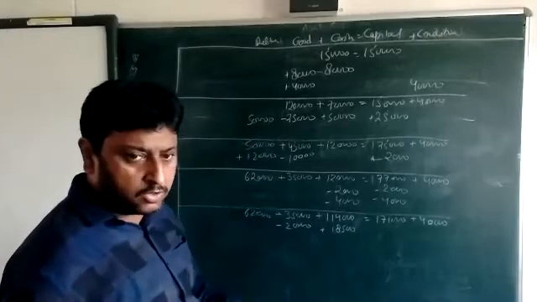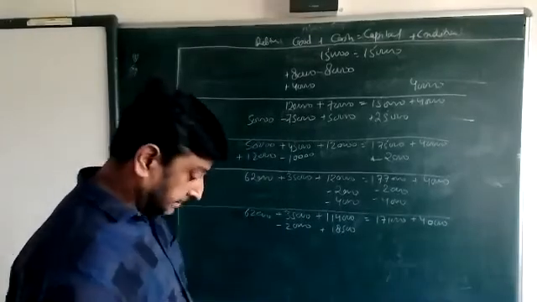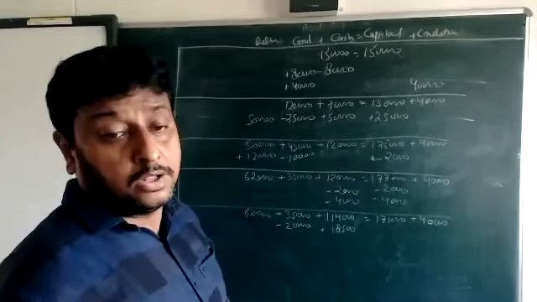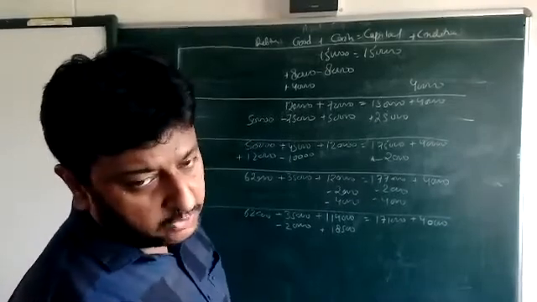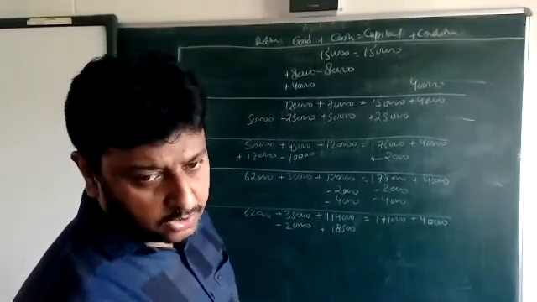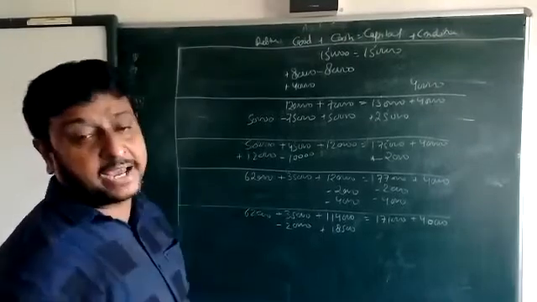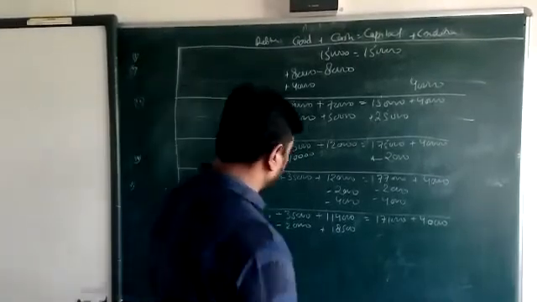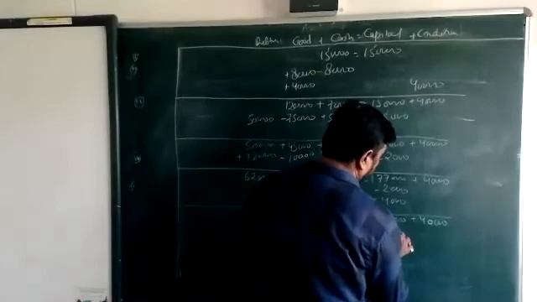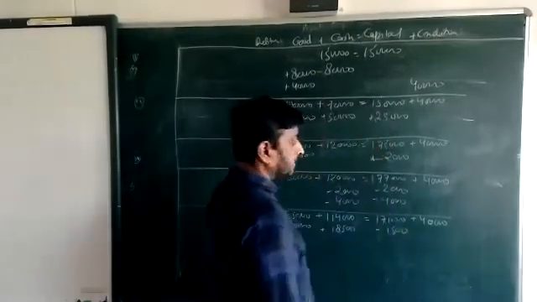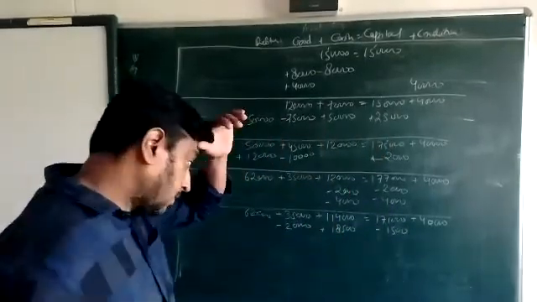The value of goods is more, the sale is less. The value of goods is 20,000, but we are going to sell at a lesser value. Okay, the value of goods is more than the selling price. That means loss, 1,500 loss. That will be less from here, that means less from capital. Okay.